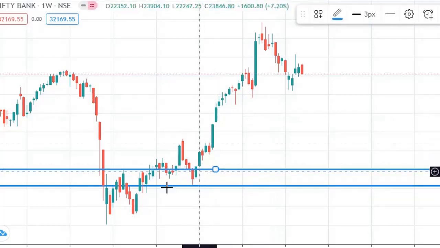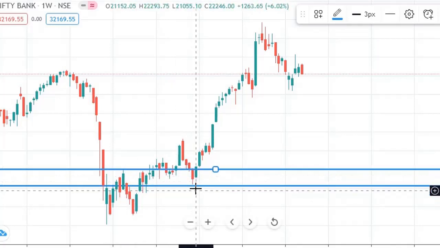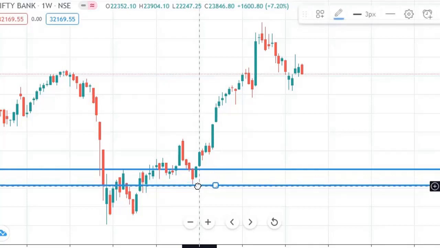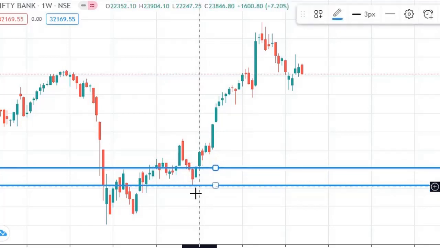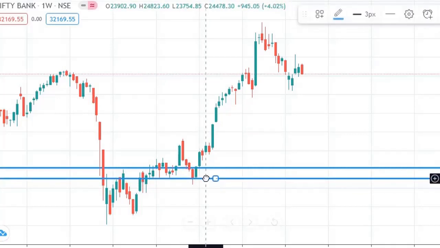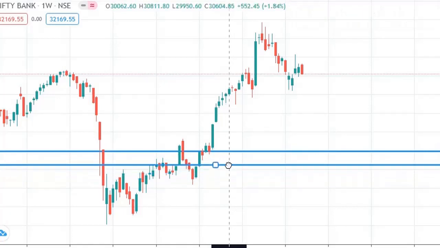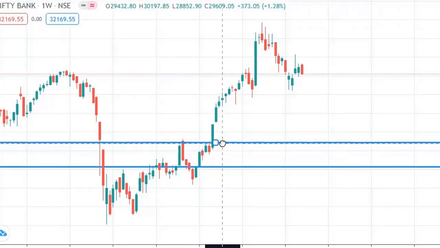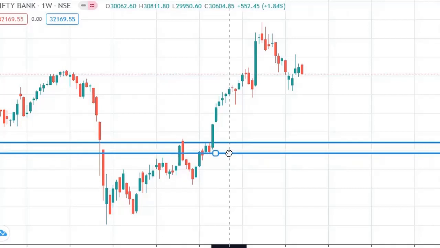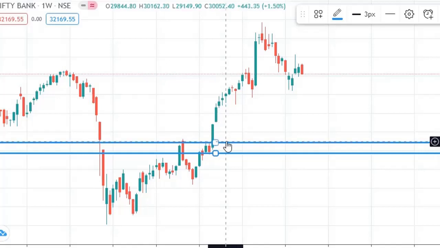Now this is again a similar reversal pattern. So a green candle formed, and it closed above this red candle, and the high of this red candle, so I'm going to mark the high and low of the candle. So again a green candle, next week it closes inside, again this red candle closes inside. Now we are moving on.